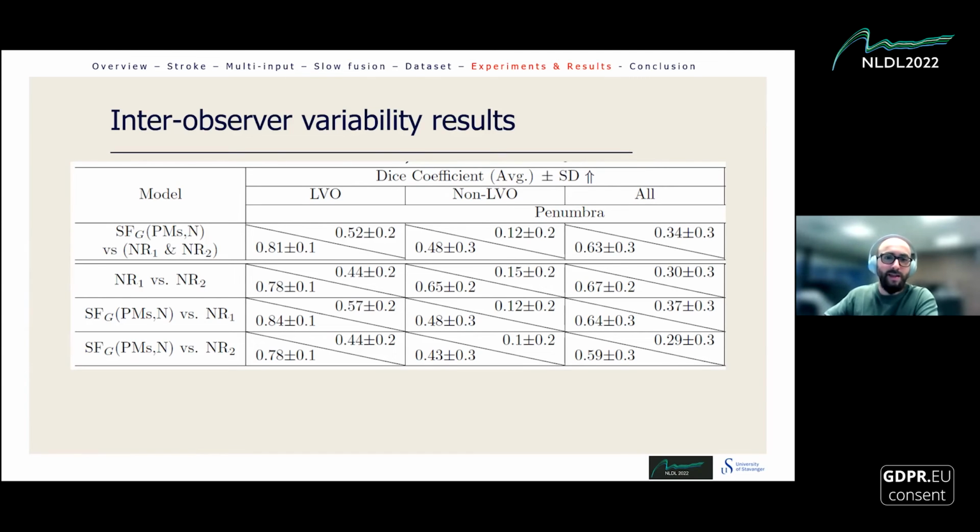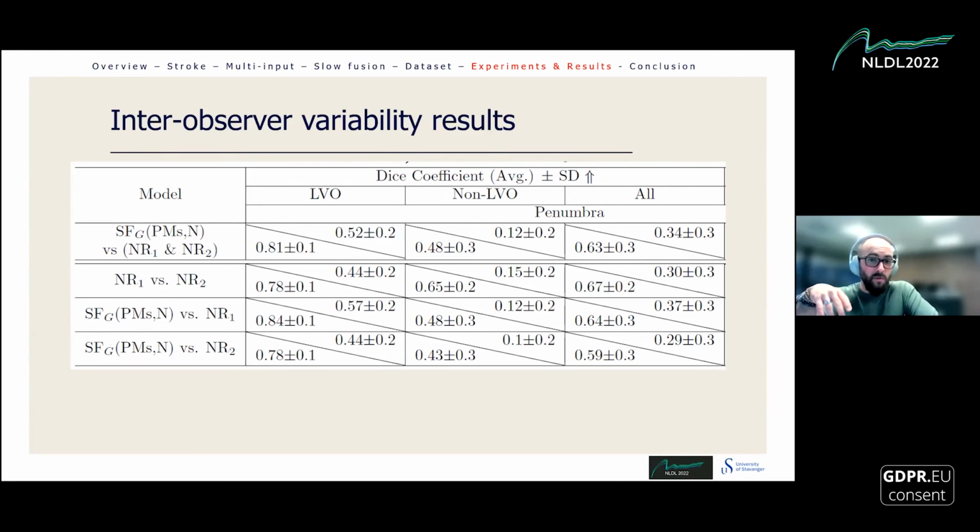Furthermore, we try to understand the inter-observer variability, that is, the annotations made by the radiologists themselves. You can see here on the second row NR1 versus NR2, to see how the inter-observer variability compares with our prediction against the annotation of the